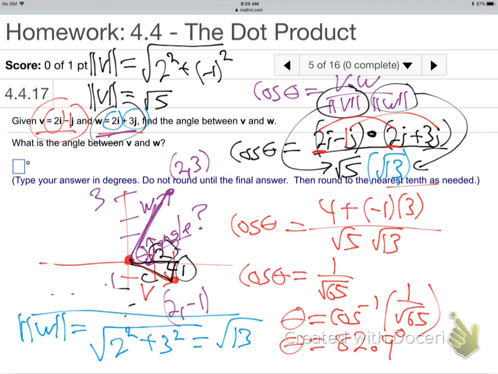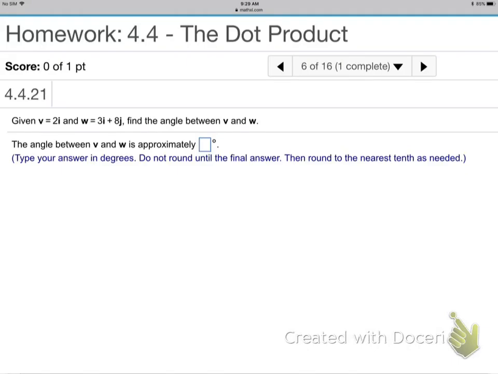Any questions I can answer on that one? That all good? Let's try another. They say, here's V, here's W, find the angle in between V and W. You don't need to draw the picture. That was just for fun, not required. So just say, okay, the cosine of the angle in between is the dot product over the